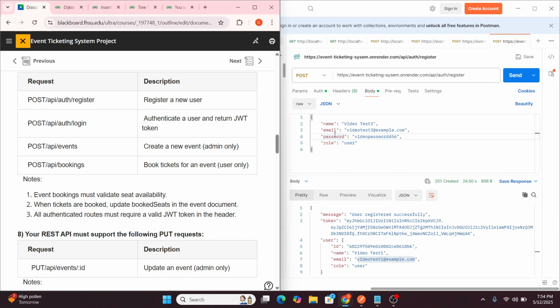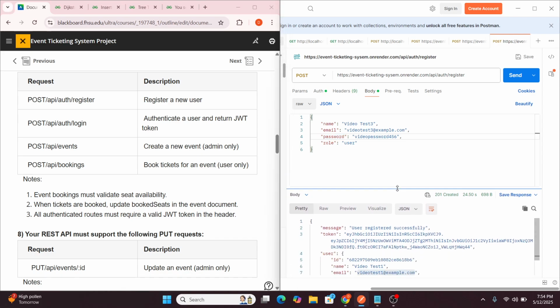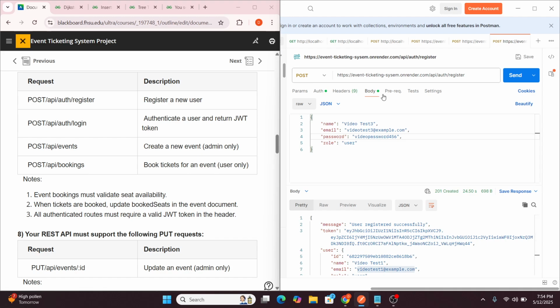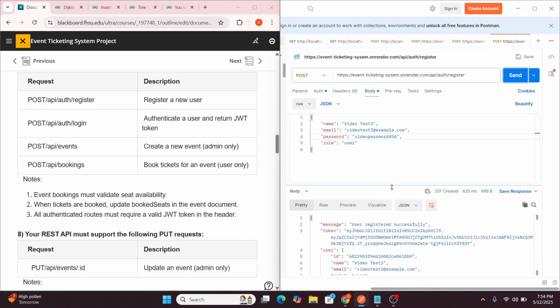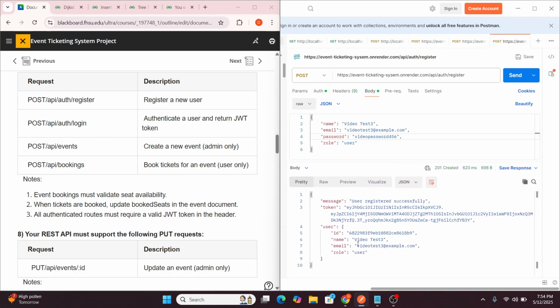I'm going to be just quickly getting into the proofs that these requests work. So I'll start off with this one. I already preloaded it, and this is for the